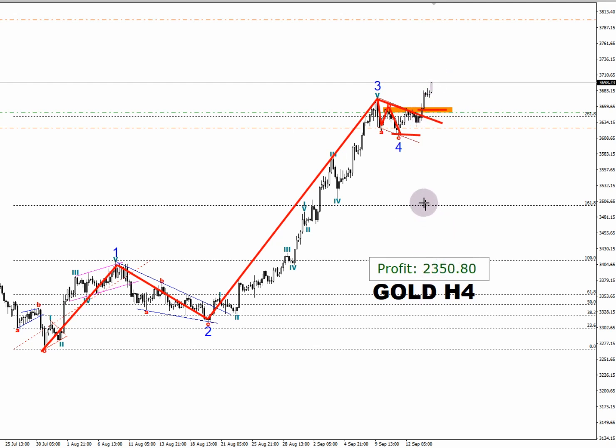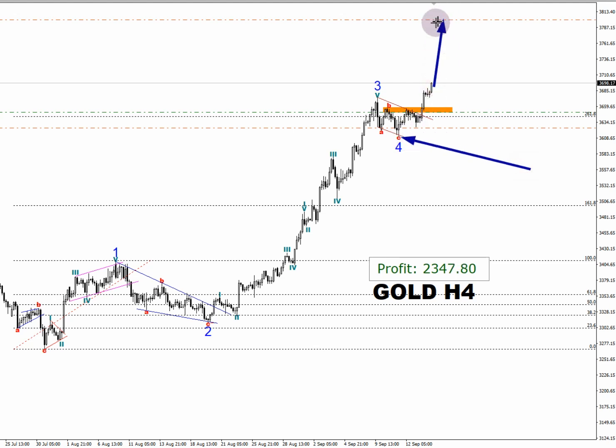I understand that some traders might feel uncomfortable closing a small loss, but if you're in my private channel, you could have even closed at break even here and opened buys to try to profit from this upward movement. Therefore, I can confidently say that gold has moved from the fourth wave to the fifth wave of growth. The fifth wave could still impact this area, which is approximately 500 to 1,000 points that we are able to